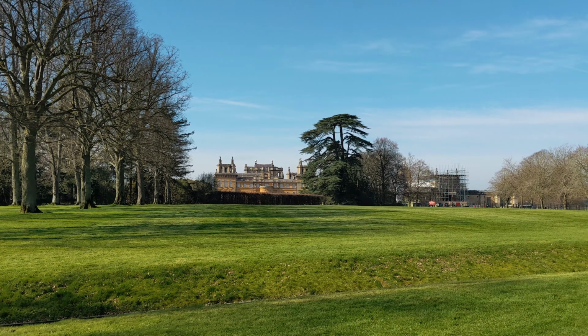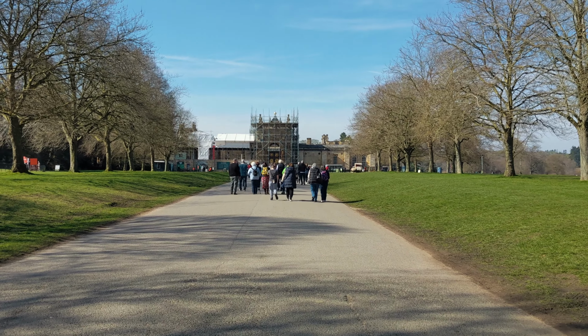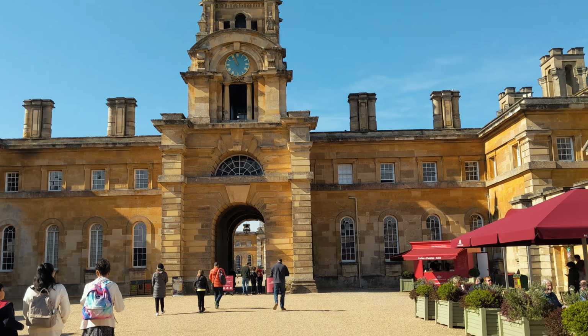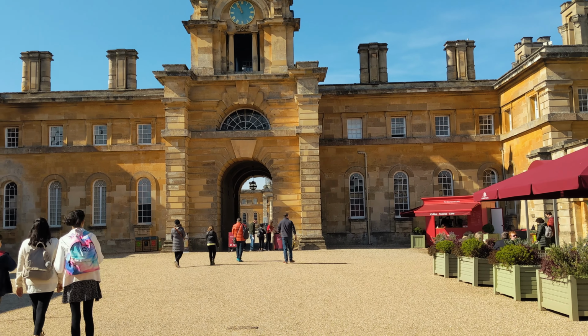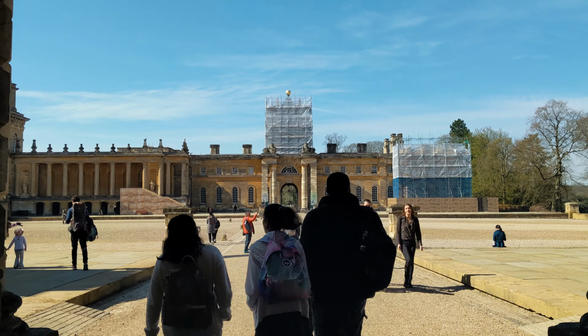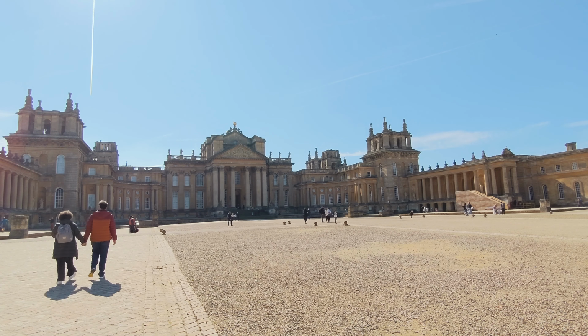Hello everyone, today we are going to take a trip to the magnificent Blenheim Palace. Blenheim Palace is one of the most beautiful buildings in England. It is a UNESCO World Heritage Site and is located in the picturesque countryside of Oxfordshire. The palace was built in the early 18th century and it was the birthplace of the famous British Prime Minister,